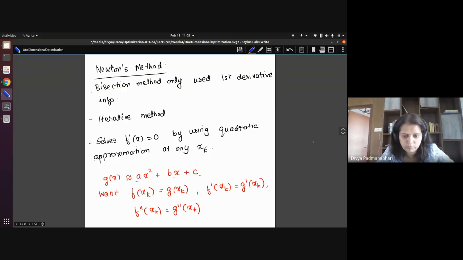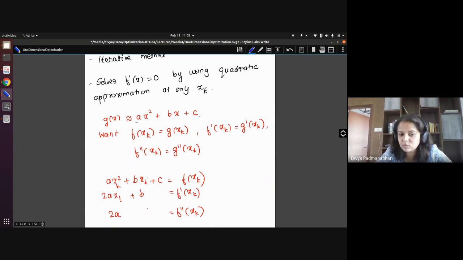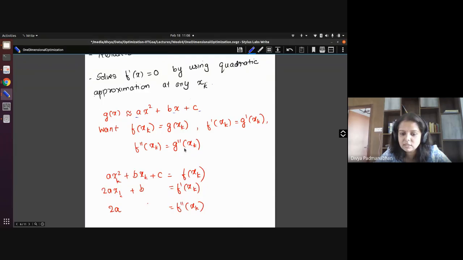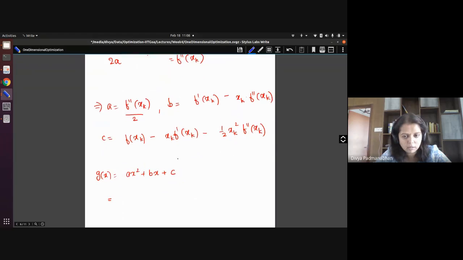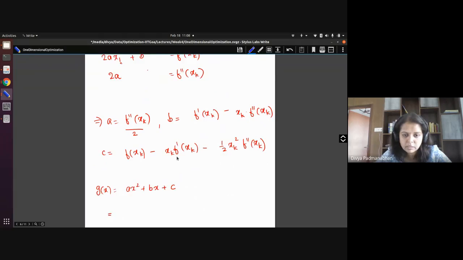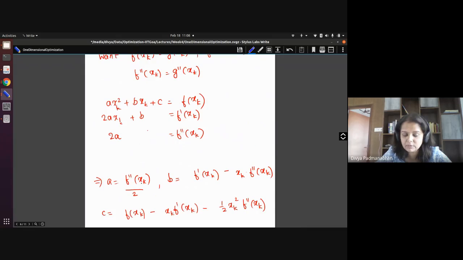It turns out that if you try to solve for these values of a, b, and c based on these equations, what you're going to get is a very familiar form. Since you are familiar with it, I've just written this down, and let me know if you want an explanation for this. So the values of a, b, and c which satisfy these equations are what is given here.